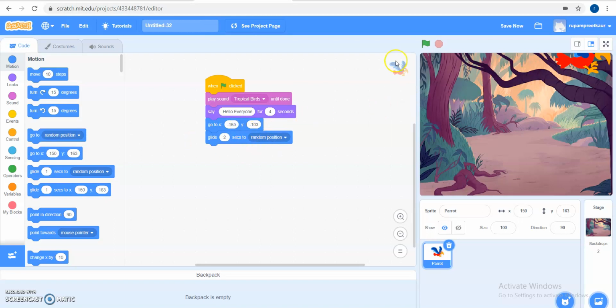So first of all, you can see by default every time I run my program, my sprite coordinates will be at -165 and -103.